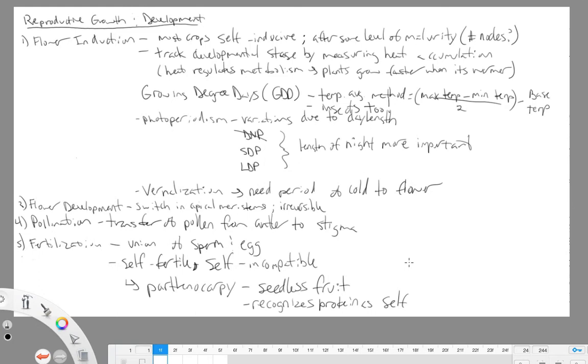We also said growing degree days is important because you can track insect development as well, and that may allow you to do more targeted pest control. So